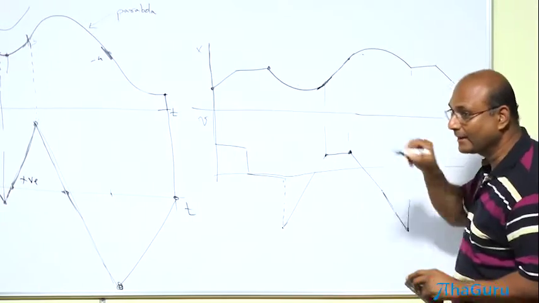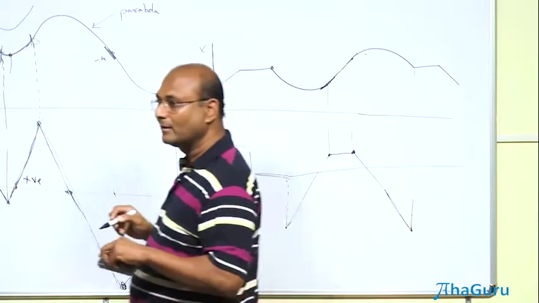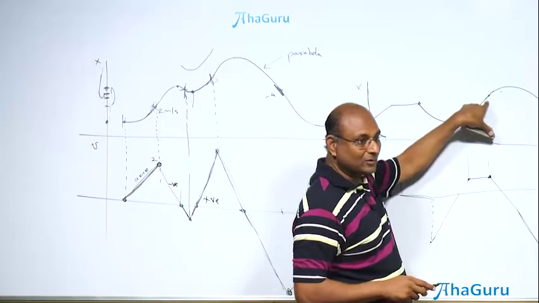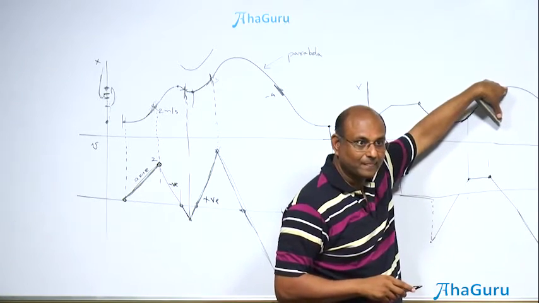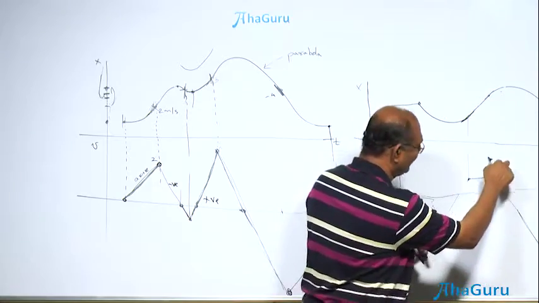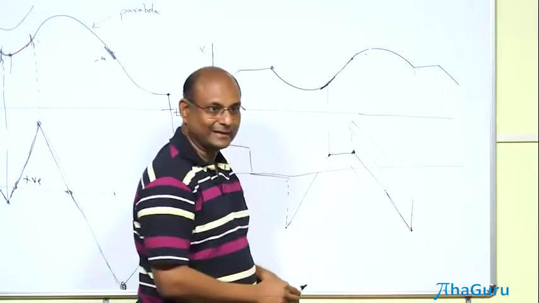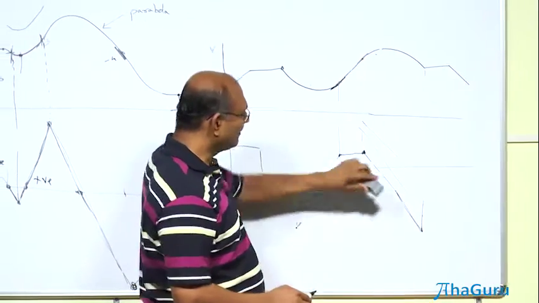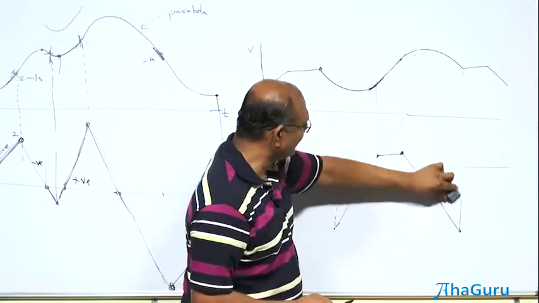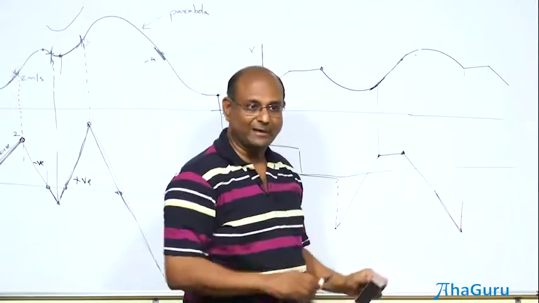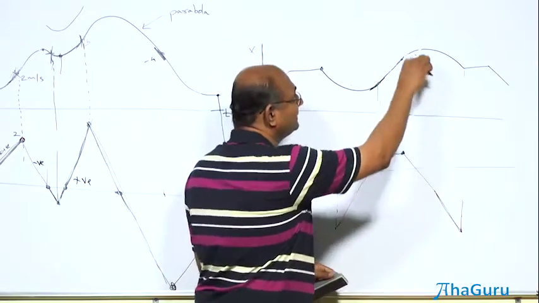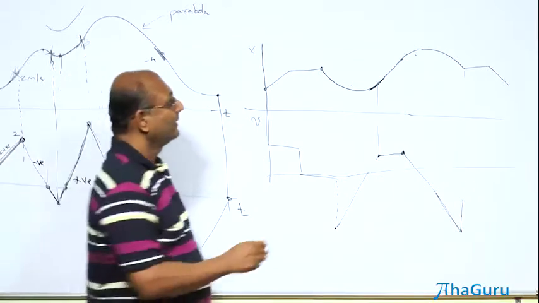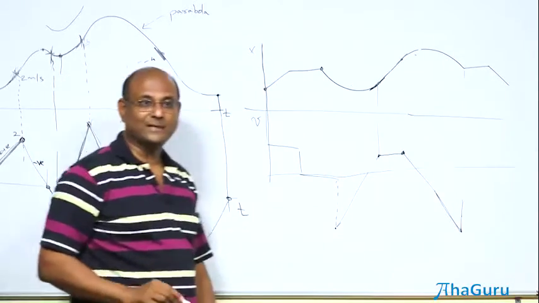This has to start there. How did I decide it has to start there? Because the ending velocity of this guy is equal to the starting velocity of that guy. That part is a straight line, but that straight line could have been like this, could have been like this, could have been like that. Slope is decided by that curve, which is a little complicated. But we don't have to worry about all that. We just know that it is a curve, it's a straight line because it's uniformly accelerated. And if it is uniformly accelerated, if this velocity and that velocity are equal, then those two have to be the same point.